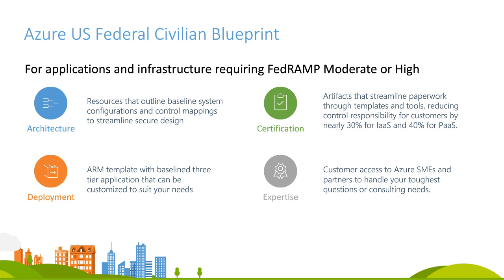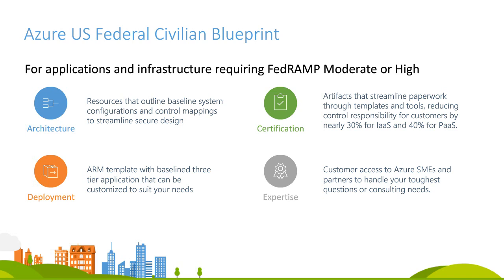Within that paperwork, anywhere a customer has responsibility, we don't end the discussion there. We have added examples of what a passing answer would look like, what the appropriate level of detail is required for that particular regulatory body. And we tie you back to any links to TechNet articles or other pieces of technology that would enable you to meet those sets of requirements. And as we continue to build out our automated deployment catalog in the orange circle, we'll begin linking those two items together so that you will be able to see our certification connection and our deployment connection all together.